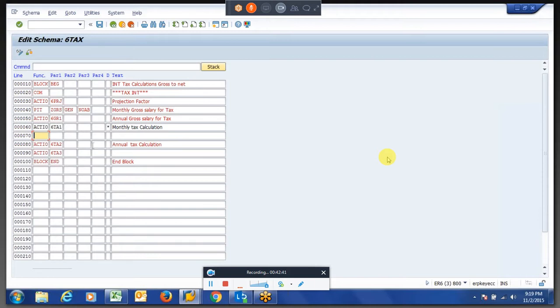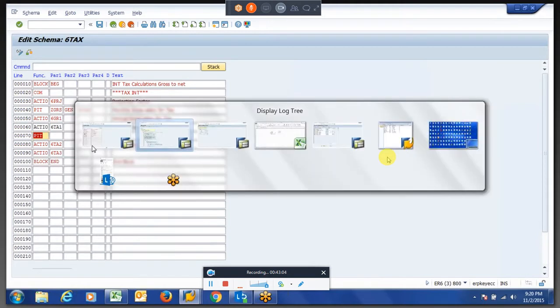So it should process all the wage types in the PAT, and it will check if there is a specification over here. I think we don't have all the wage types passing up to here.